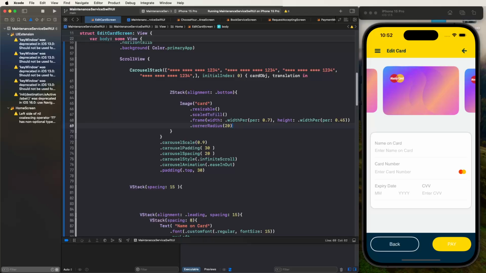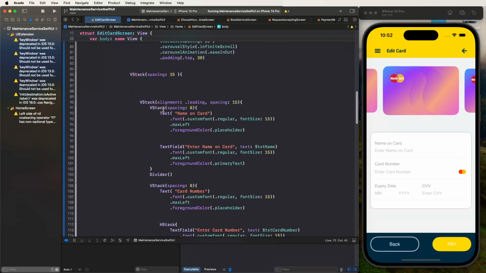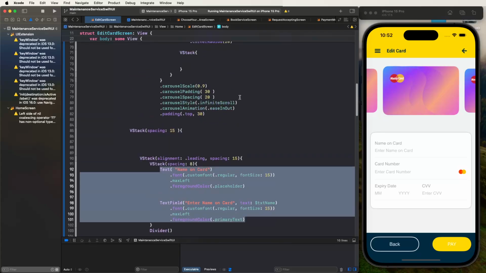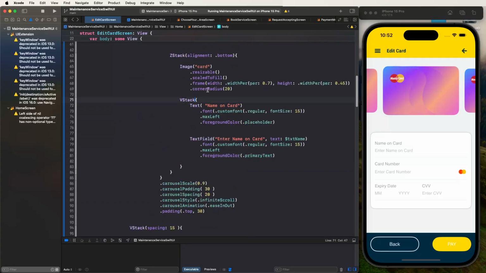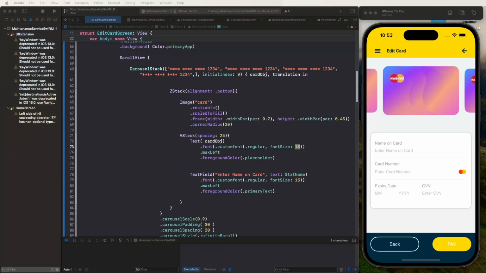We need to show here related to card similar to designs. Now we need to create here the wish tag, set here the text property. Now we need to copy these two texts, and put here, and also need to set here the spacing. Need to set here the 25, like the space set here. Now need to show here the card objects. We need to show like this here the value, and we need to set here the font size. We need to configure here the 32,